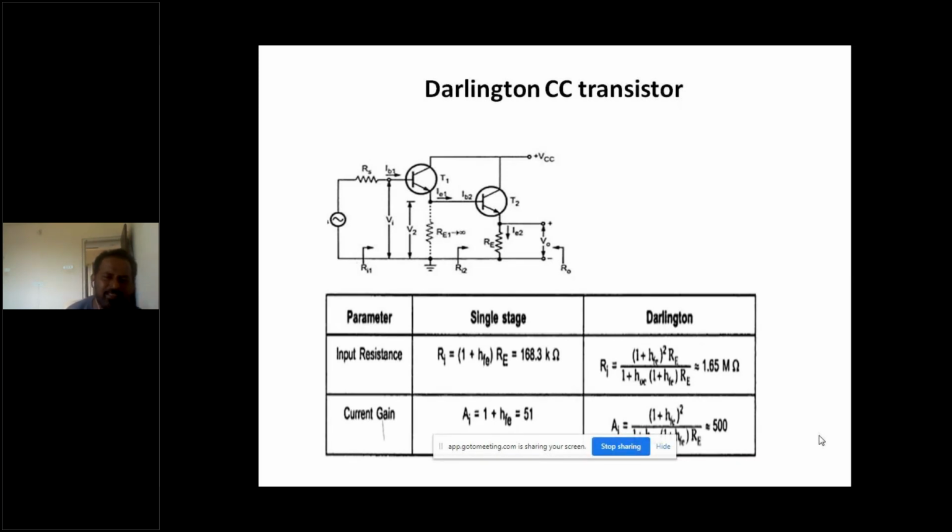The CC amplifier gives us maximum input resistance up to 400 kilo ohms. Suppose I need input resistance beyond that, CC can't give. In simple terms, if the load is large, input resistance is large for a CC amplifier. It comes around, in the simplified formula, to 1 plus HFE times load resistance. If load is increased, input resistance is increased, but you can't increase loads beyond a certain limit.